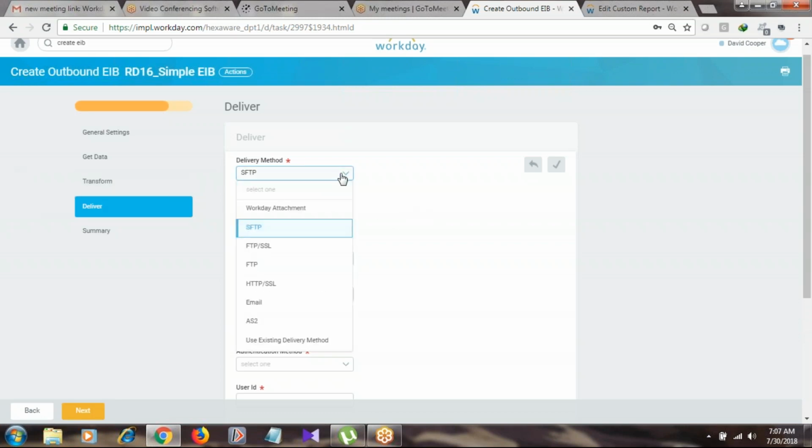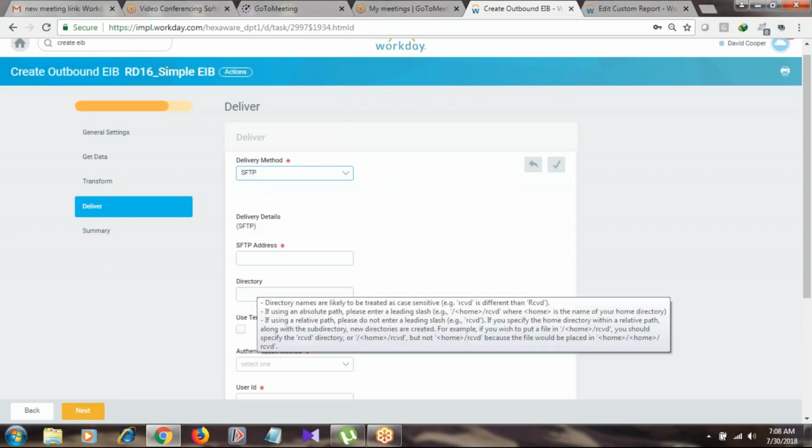Sometimes we may need to send email. We can also send email, but this is not a secured way to send the files to downstream, because email can be in a non-secured format. Anybody can access it, and whoever receives it may misuse those output files. If we choose secure SFTP, we will be sending the files to the downstream system in a secured way. So let's see how we can choose the SFTP configuration here.